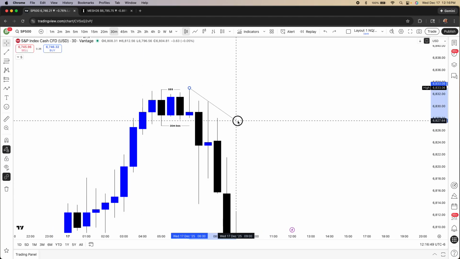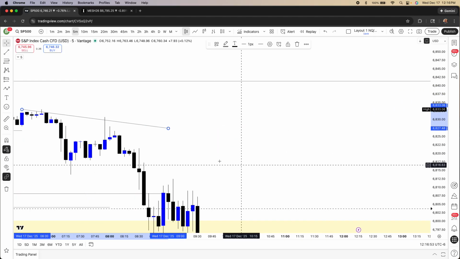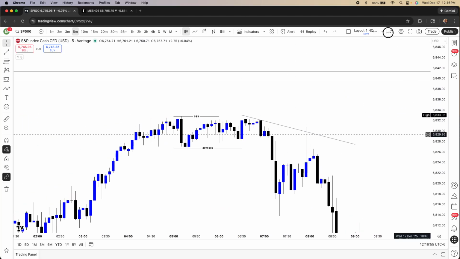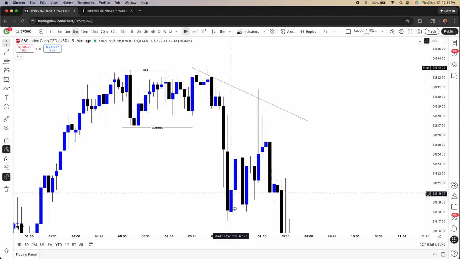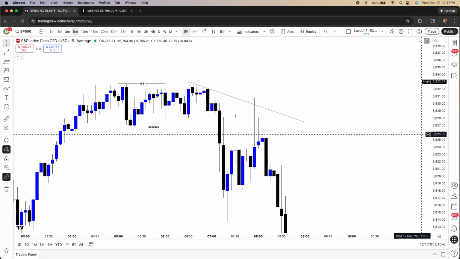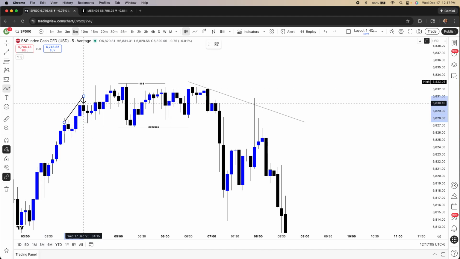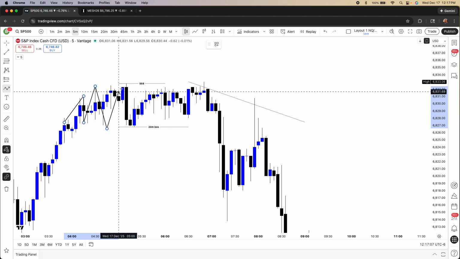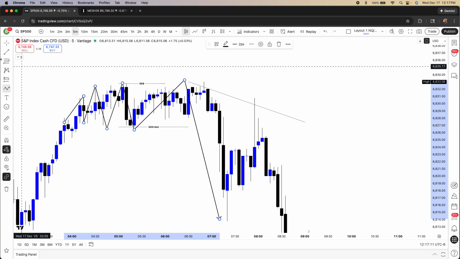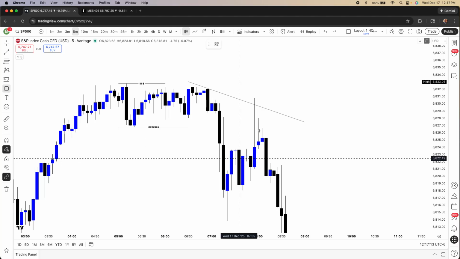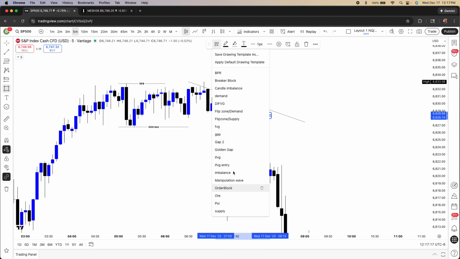And let's see if we could have got a refined entry on this time frame. So we're on the 5-minute. This is our 30-minute break of structure from this high to this low. And this is also our 5-minute structure coming in right here. So what we can do now is label this 5-minute imbalance right here, and then go down to